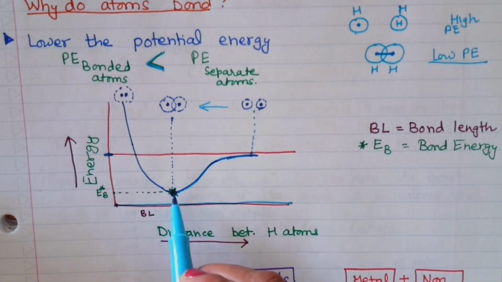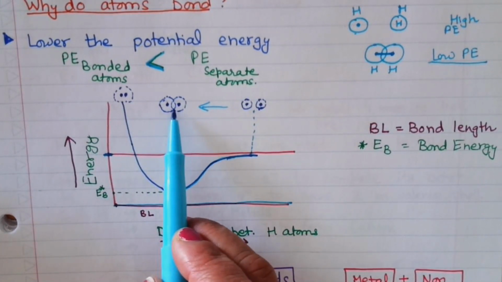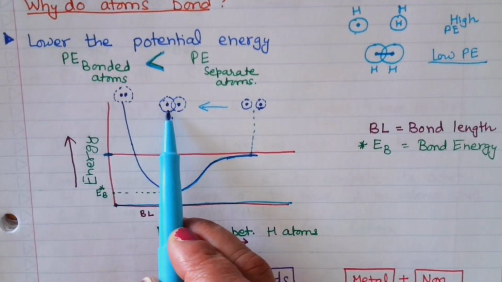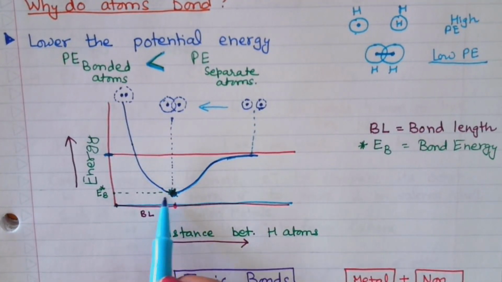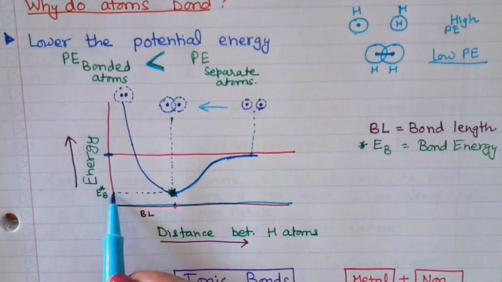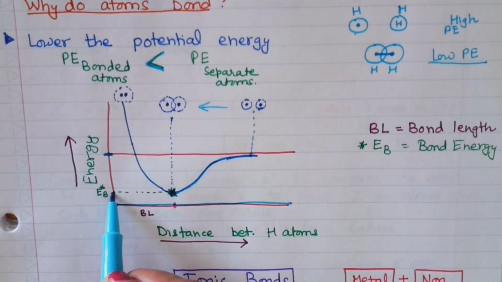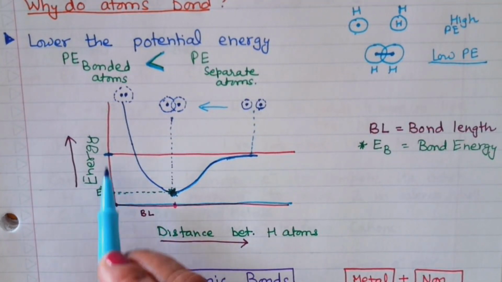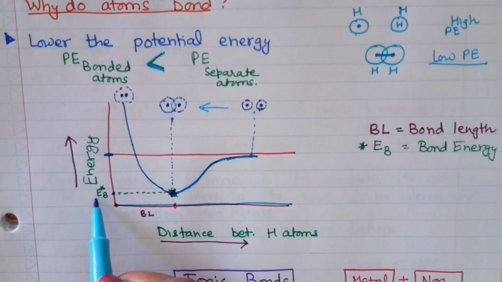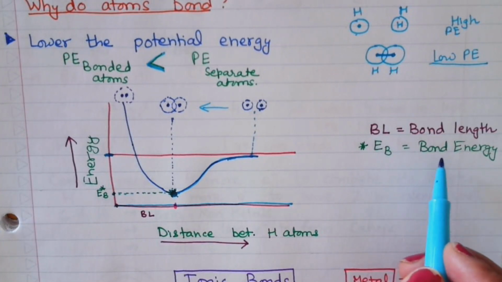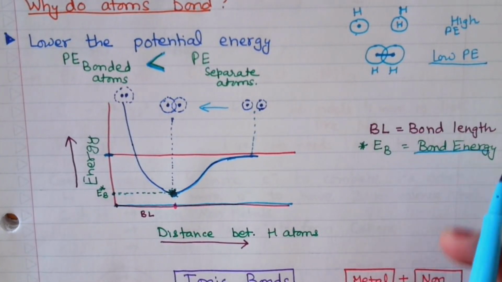When the two hydrogen atoms come to a particular distance close enough to each other, there is a value of potential energy that is lowest. This energy value that I have written as E star B is the bond energy, the lowest potential energy,